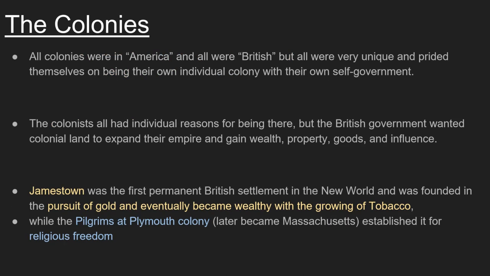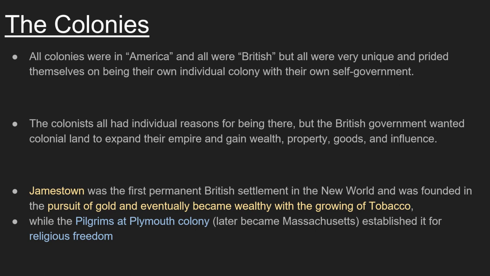All right, so all these colonies were in America and all of these colonies were British, but all were very unique and prided themselves on being their own individual colonies with their own self-governments. You might be a New Yorker, you might be a Carolinian, you might be a Virginian. You are unique and you have your own self-government. Yes, you're subject to the king, but you're a unique colony and they have unique colonists in each colony doing